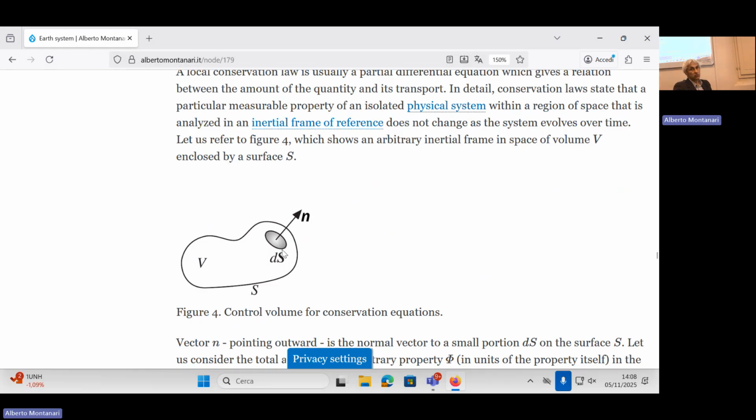I need to refer to infinitesimal surfaces because, as I said, the process is not homogeneous. And therefore the velocity, for instance, of the flow through the surface varies depending on where I move with my dS. So there could be a part of the surface that is not subjected to flow through,